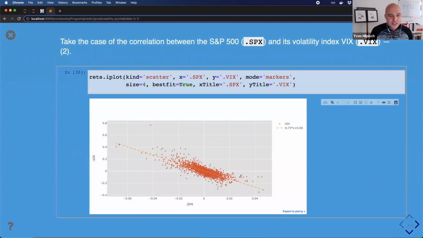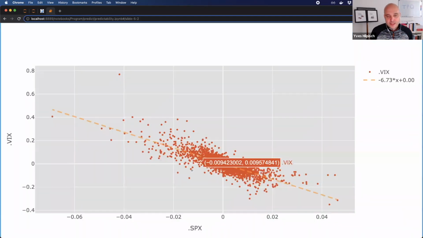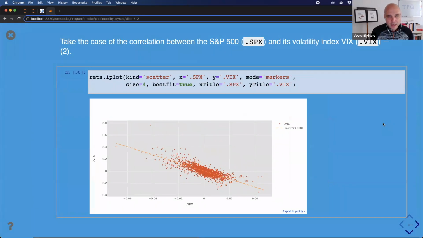So we see this here visualized. This is the scatter diagram of the VIX returns as plotted against the S&P 500 returns. And you see basically here the negative slope, also an indicator for the correlation. Not directly transferable, but one visual way of